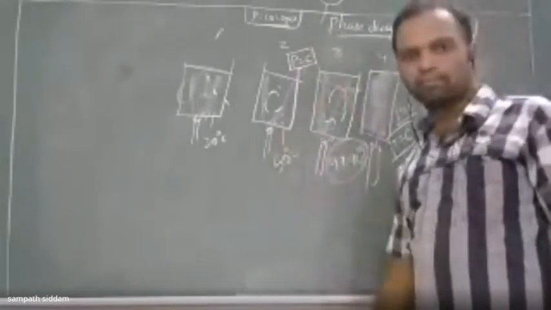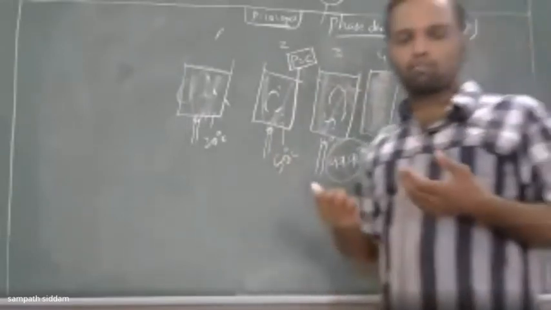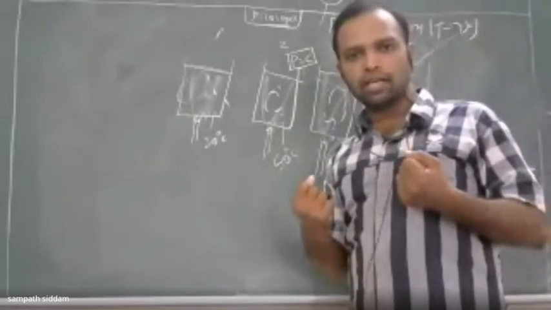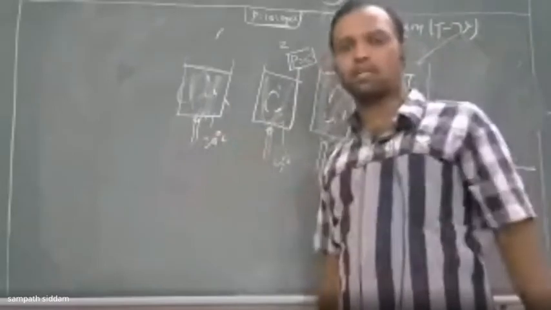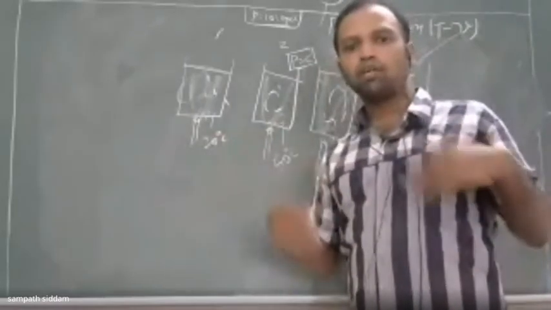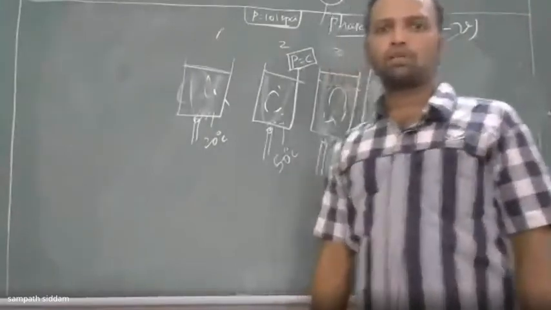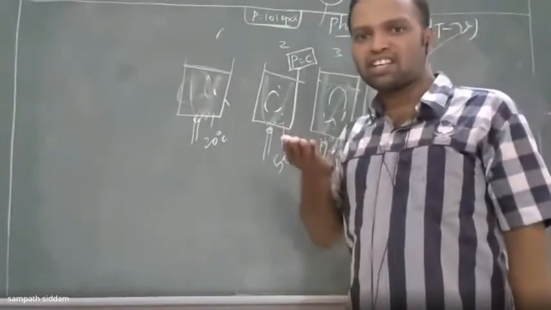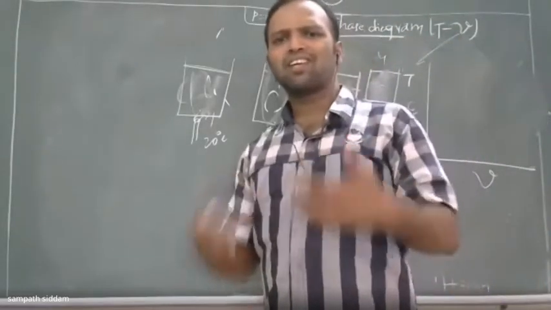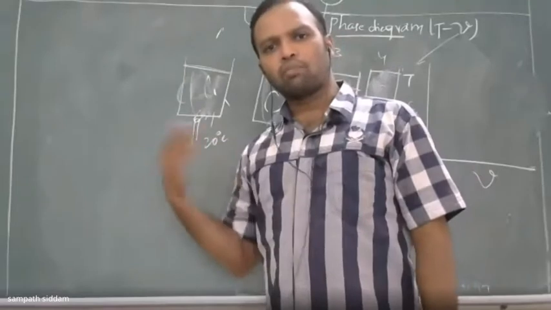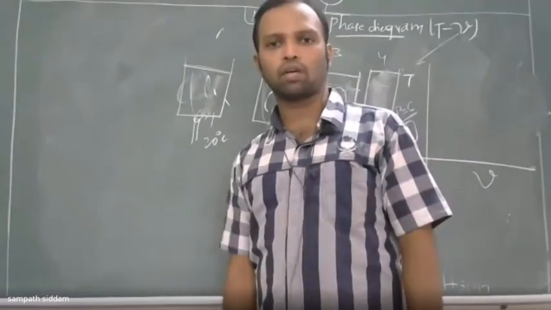more work output of the turbine, and you need to decrease the work of the compressor, because the pump is, let's say, a power absorbing device, and the turbine is nothing but a power producing device. So here we need to produce work, we should not absorb the work. So when your pump work is increasing, obviously your efficiency also will be coming down. So what are the best ways to increase your turbine work and decrease the pump work? Those we'll learn more in the second law of thermodynamics.